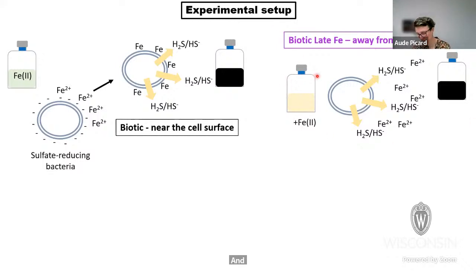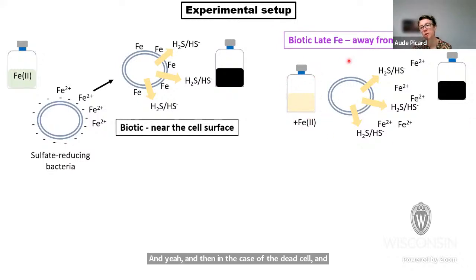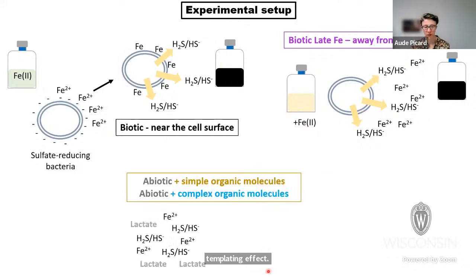And then this other biogenic condition that I mentioned: we first have the cells grow and produce sulfide, and then we add iron. Because the kinetics of precipitation of iron sulfide, the reaction between iron 2 and sulfide, is very quick, there would be no chance for iron to bind to the surface. So in this case, we have what I call the templating effect. Here we don't have it. So we are expecting differences between these two cases.